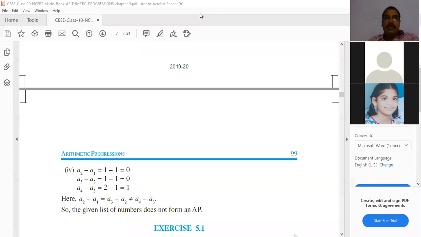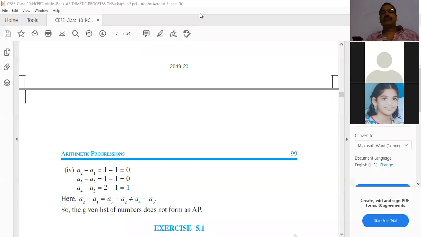Good, 115d. Like that you can generalize: just one less. The nth term is a plus (n minus 1) into d. A_116 means 116 terms are there, so in the formula it is a plus 115d. Next, A_150 equals, one last question. A plus 149d. Very good. Okay, that is the nth term.